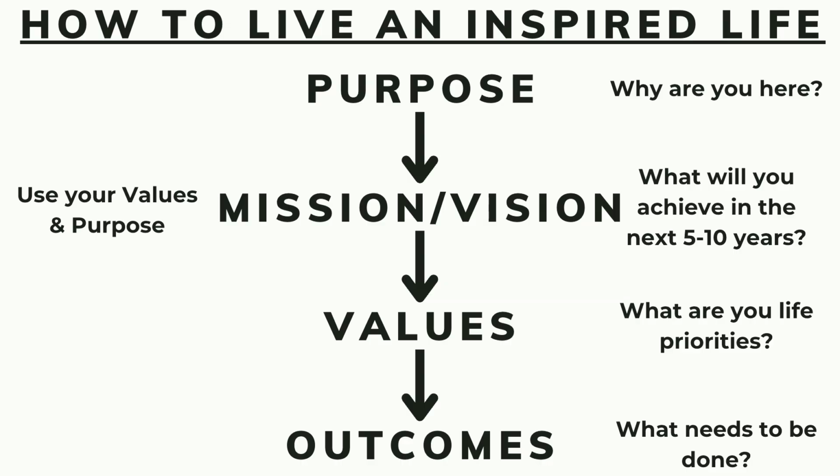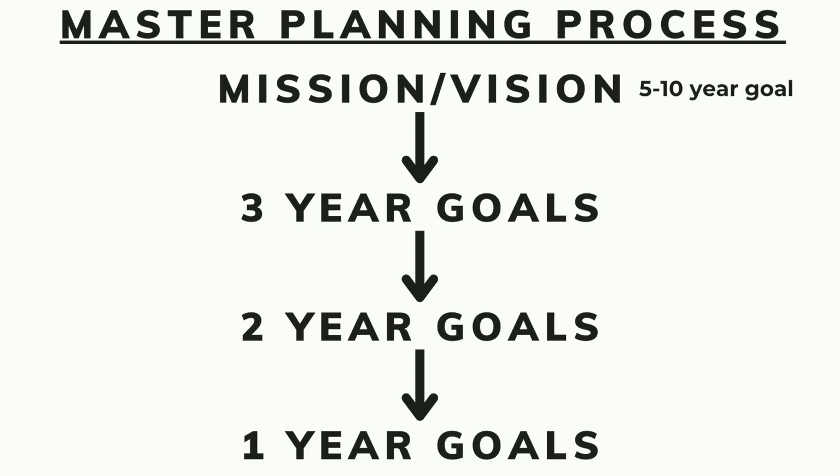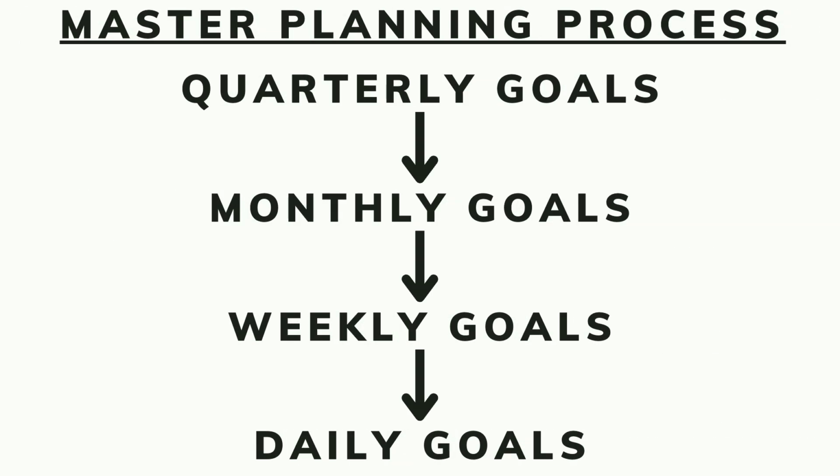Then mission and vision is a 5 to 10 year goal. Mission is a measurable goal. Your vision is what your life looks like once you hit the goal. Values are the areas of life that we prioritize along the way so you don't burn yourself out, because burnout is essentially you not prioritizing your values to the degree you want to. And then we get into outcomes. This is the master plan. That's when we go 3-year goals, 2-year goals, 12-month goals, quarterly goals, monthly goals, weekly goals, daily goals. And then again, we will address your mental and emotional shit that will pop up along the way. You do that, you will create a life that you love. I guarantee it to you.